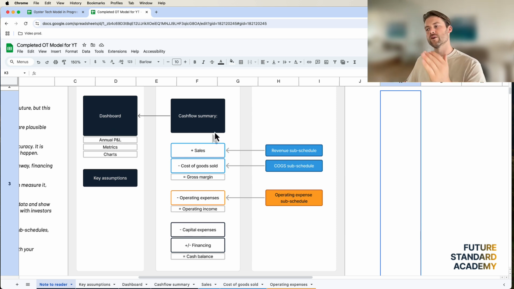communicated. But when we go even deeper into this, we get to these other tabs: sales, cost of sales, operating expenses. And these are the trickiest, the most time consuming things to come up with in the first place. In particular, I should have changed that to sales, but you get it. The sales subschedule is, I would say, possibly a third of the work that goes into the model. And there's a lot of reasons for this.